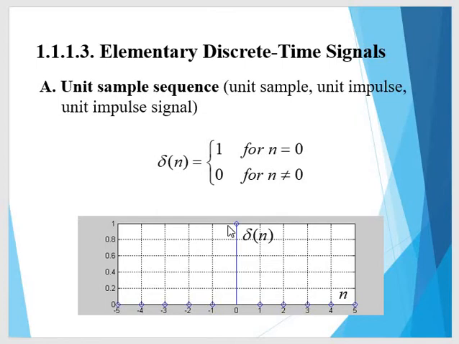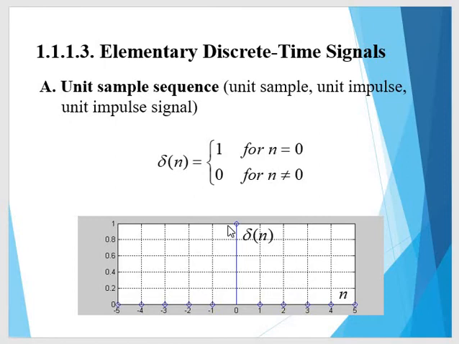In the case of an analog signal, normally delta is infinity at t equals 0, and for any other value it is 0. That is just the impulse signal, and this is the unit impulse signal. That is our impulse we created. What is impulse? What do you understand by impulsive nature? It is sudden, meaning if anyone has a reaction suddenly, that is impulsive nature: he or she is not thinking deeply, or has a lack of ability in deep thinking, and just at that instant responds abruptly. That is termed as an impulsive response.